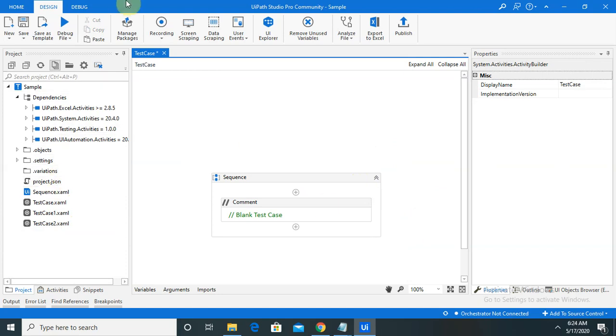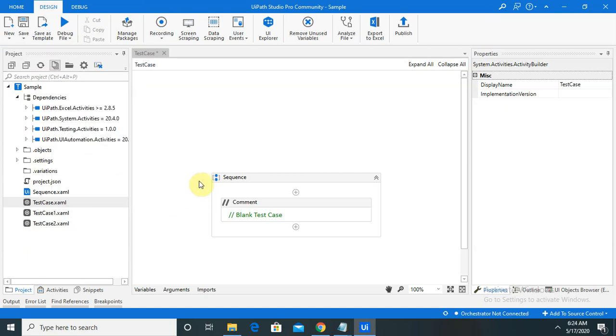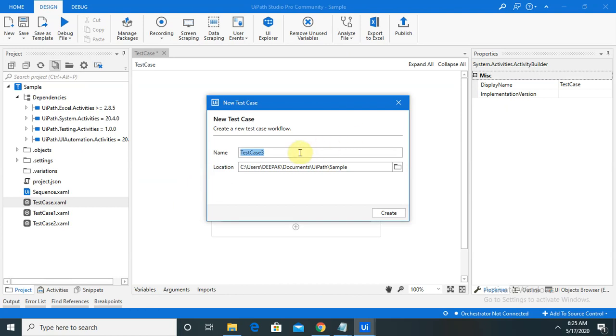If you want to add any test cases according to your requirement, just click here. Now you can see various additional features are available. Go to add, click on test cases, and a pop-up message will appear.